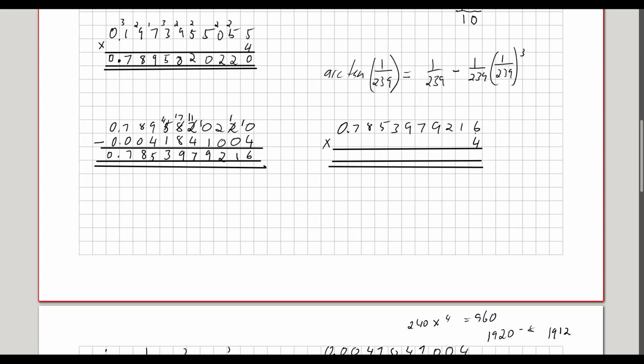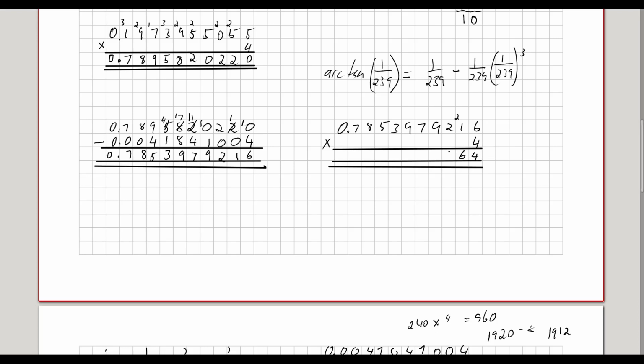Alright. Now, 4 times 6 is 24, so 4 there, carry over 2, 4 times 1 is 4, plus 2 is 6,